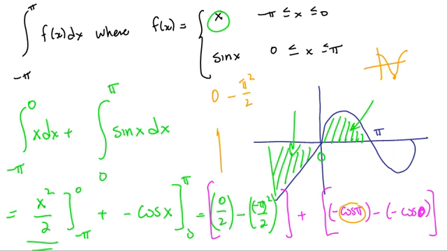Cosine of pi is negative 1, so this is going to be minus negative 1, and plus, because a negative times a negative is a positive, and cosine of 0 is 1. So simplifying, not evaluating, negative pi squared over 2 plus 2. So there is my